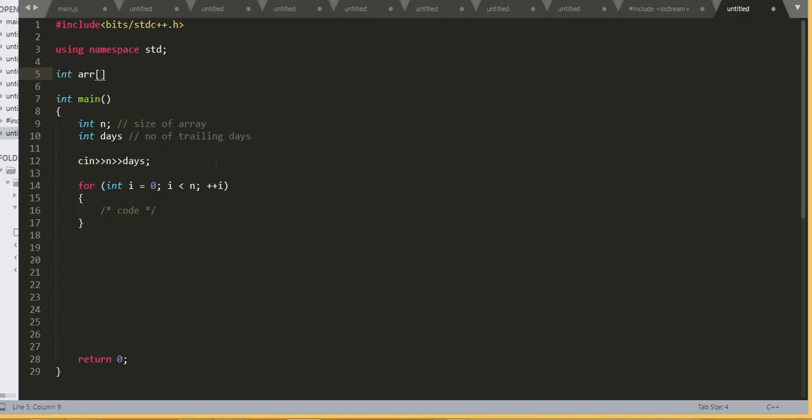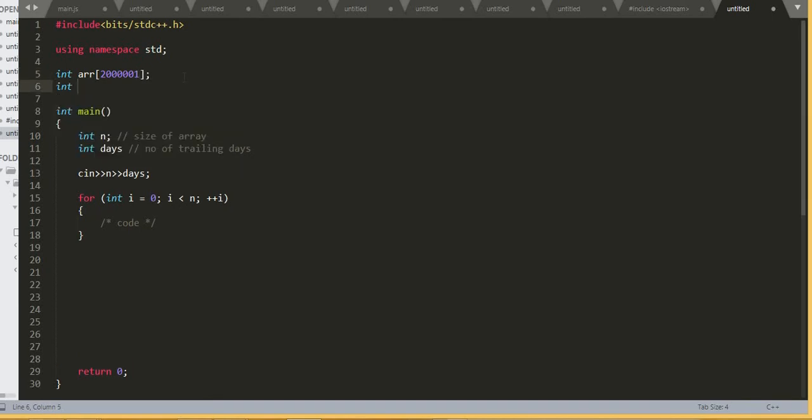So 2 times 10 raised to 5, and let's take 1 extra for the sake of safety. We don't want any segmentation fault. Let's take another frequency array, and they have given 200 size for that. So let's take 201 and then initialize it to 0 here.